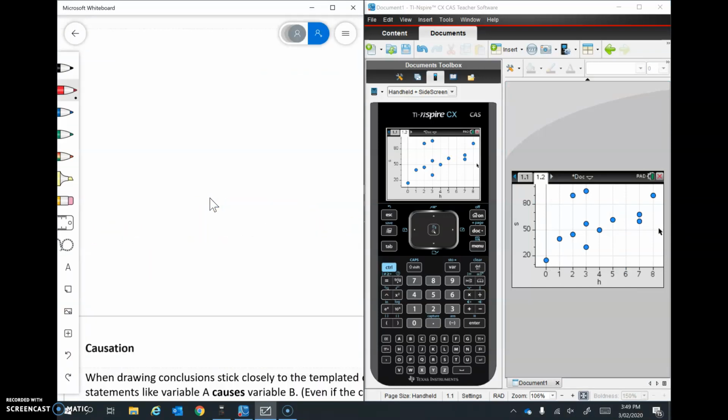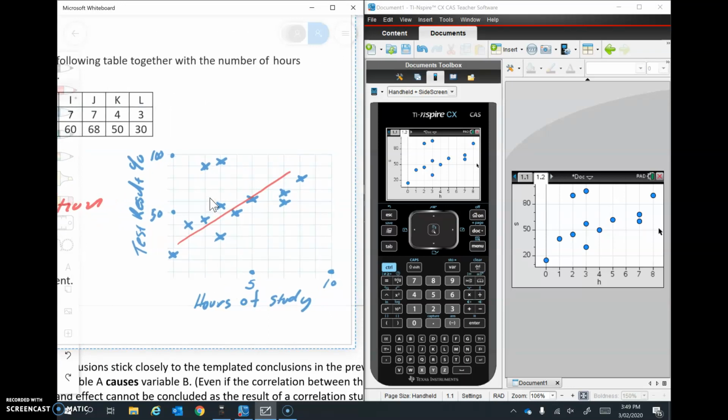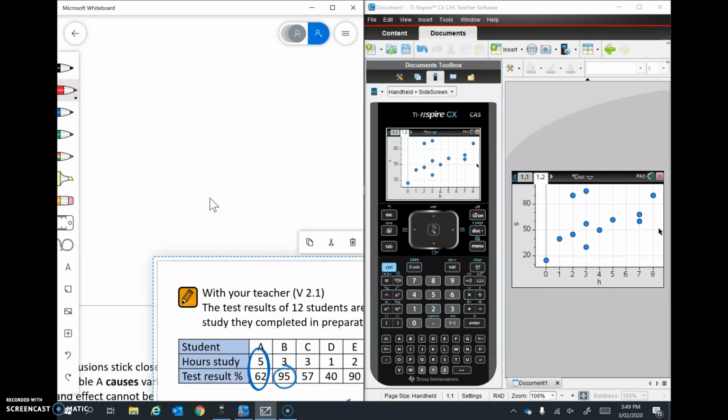Try and get him over here. Okay, and we can see that we've got the same pattern there. It looks the same pretty well. So that's a good sign. Okay,